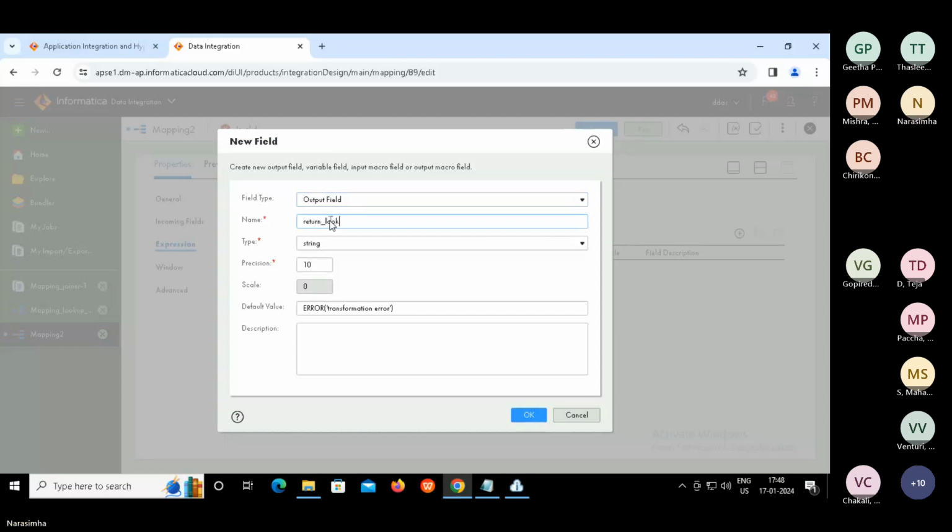Lookup. Type string anyway, so we need to make sure of the right type, so that there won't be any conversion that would take place. And say OK.